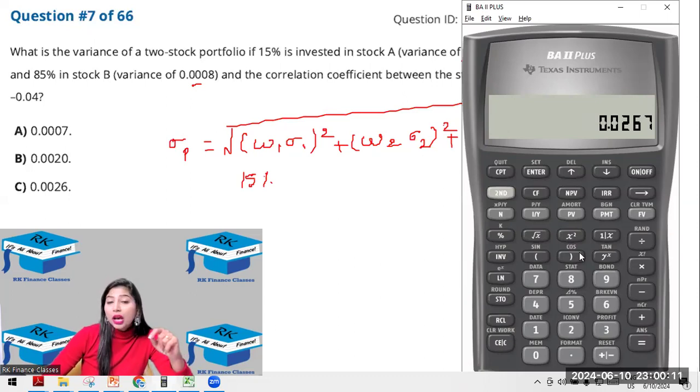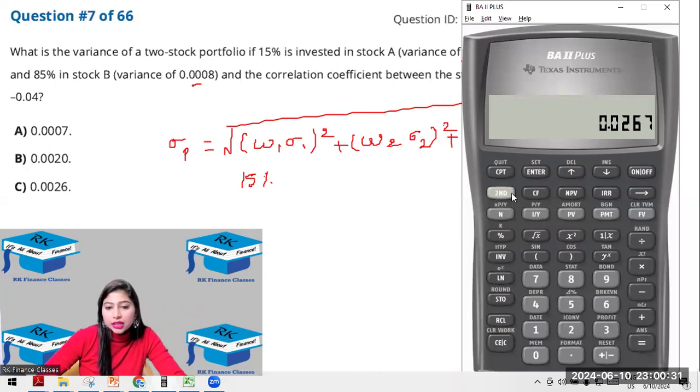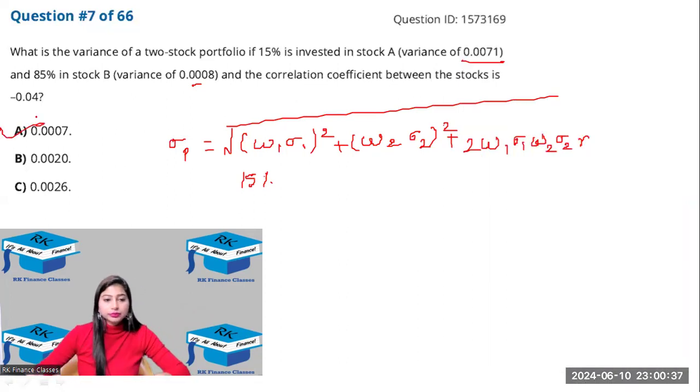अगर standard deviation पूछा है तो square root लेना है, then answer would be C. But we have been asked variance. Variance is nothing but standard deviations का square. So do not get confused. यहाँ पे आपको square root लेने की जरूरत नहीं है, so that you will get the variance. So the answer for this one is recall 9. So answer is A, right?